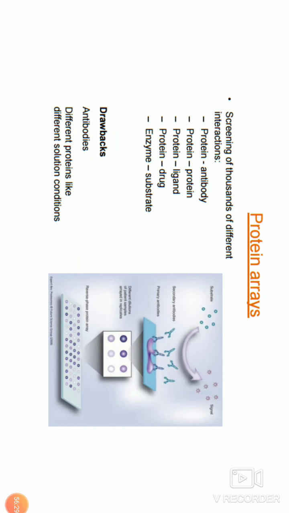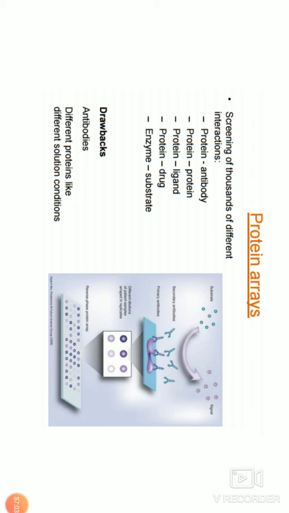So protein arrays are also there, where you have spots of proteins, and you can screen thousands of proteins. You can study protein binding, protein interaction, protein-ligand interaction, protein-drug interaction, or protein enzyme and substrate interaction, and these are called protein arrays, where you have spots of proteins. The drawback in protein arrays is that the sensitivity depends on protein-antibody interaction,